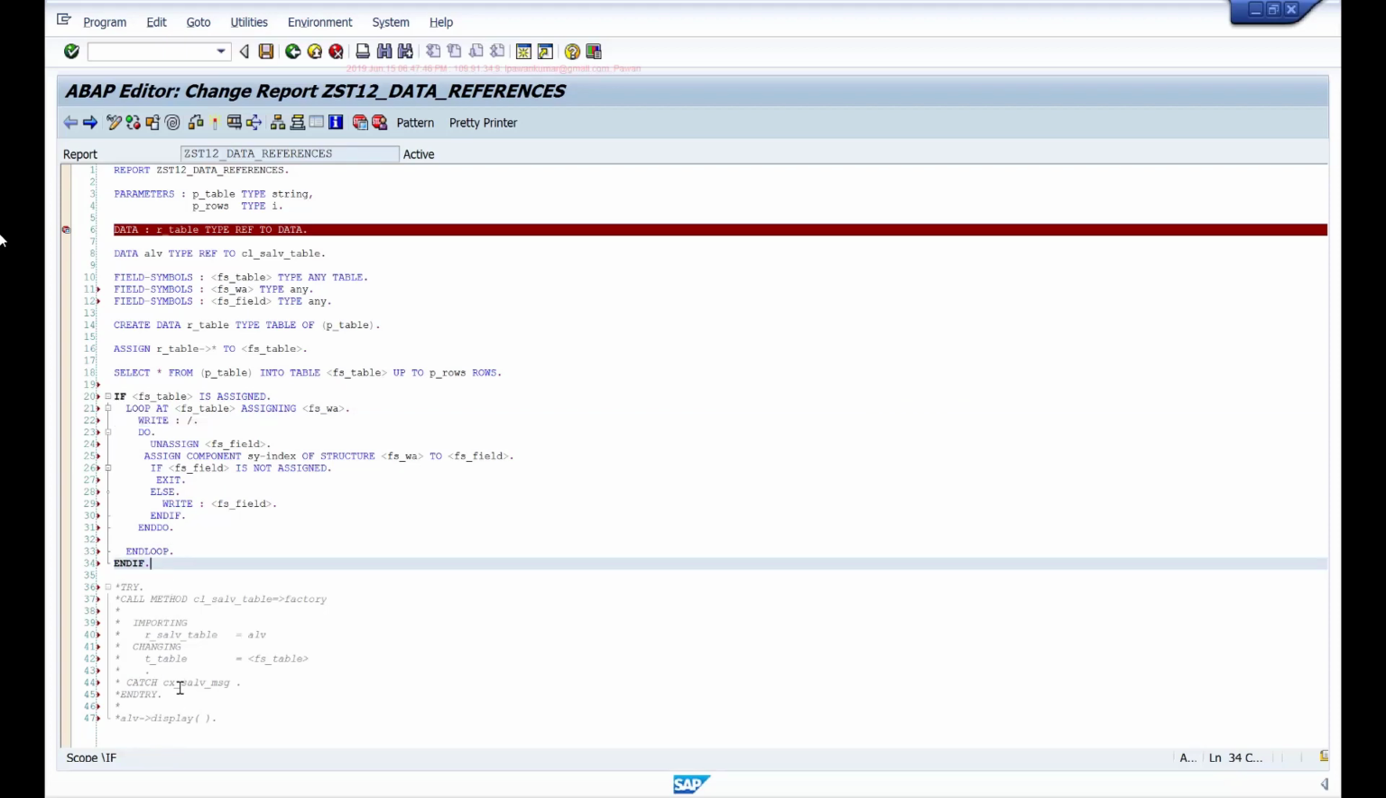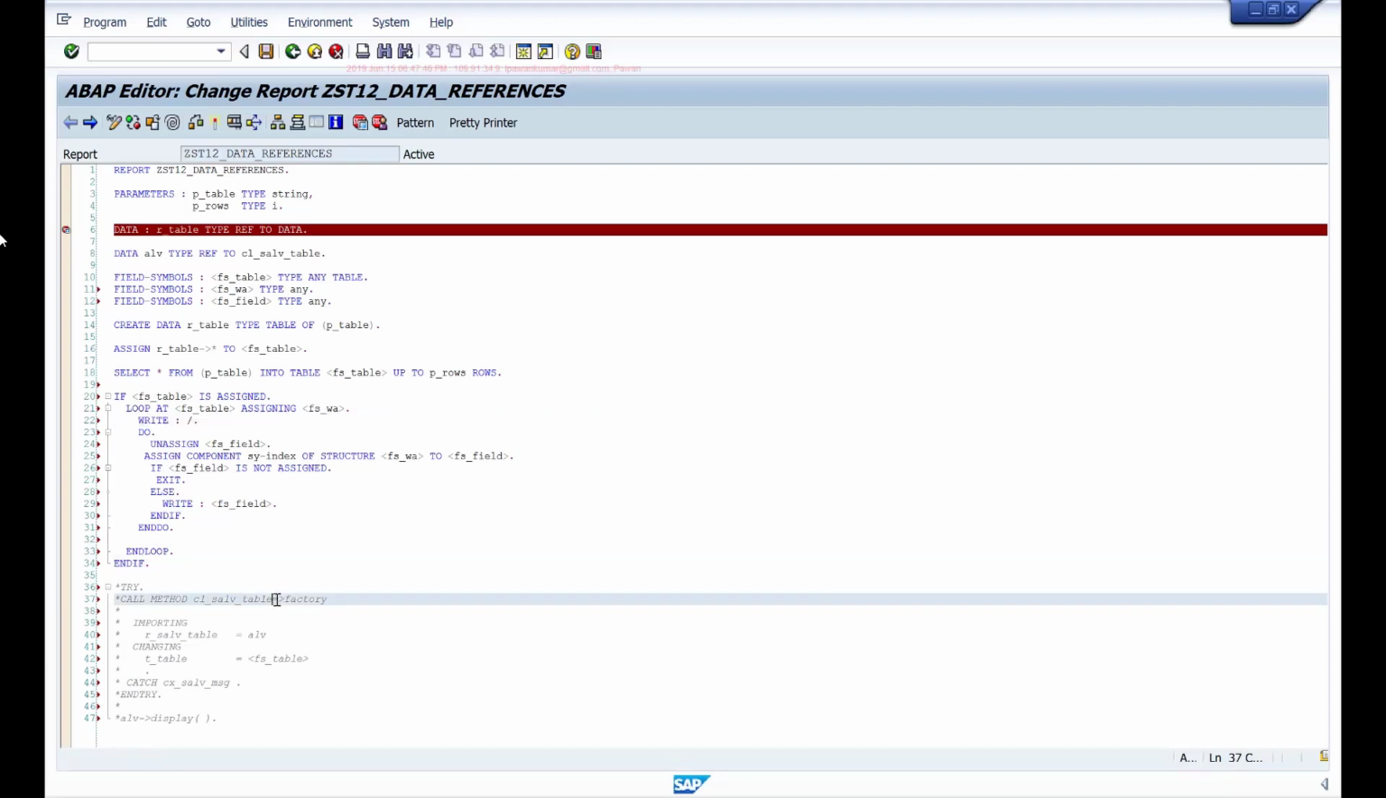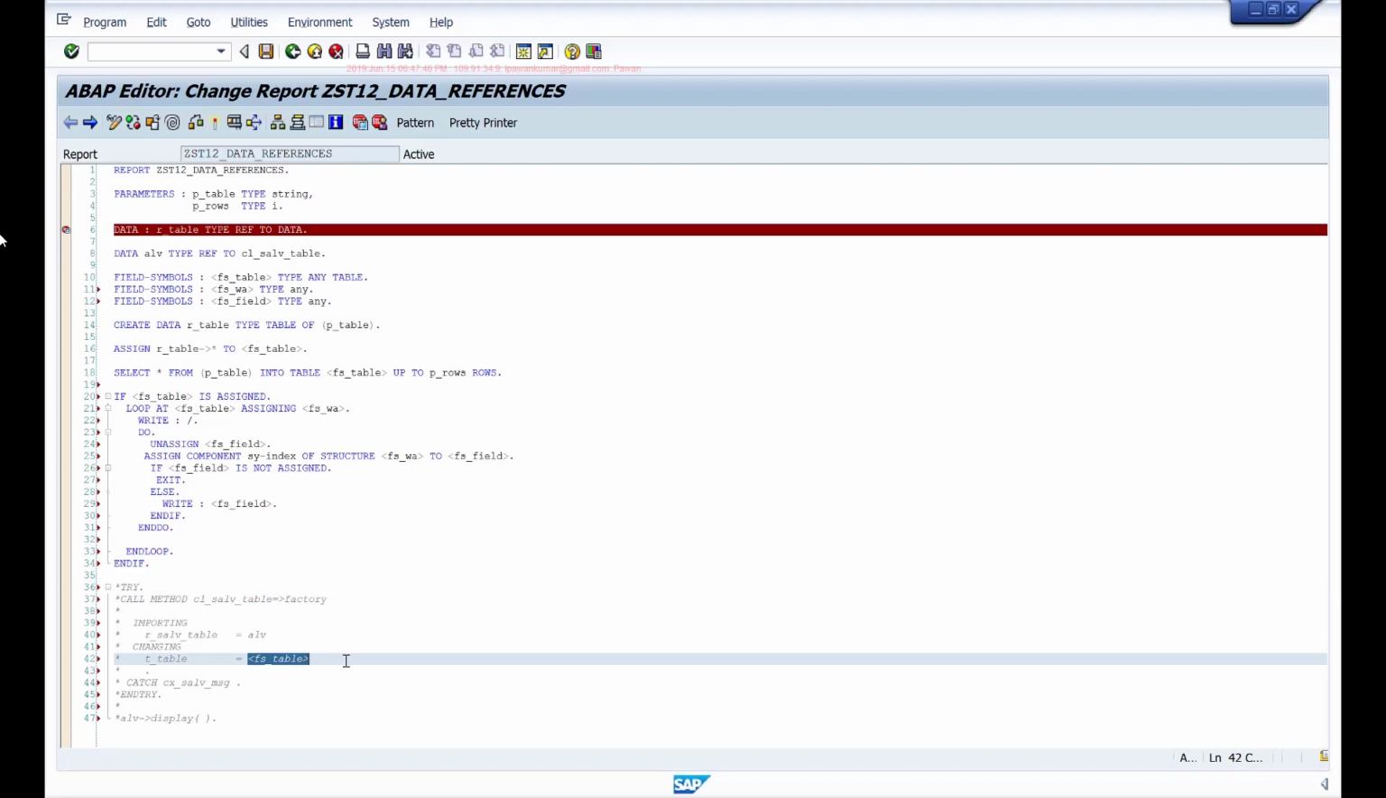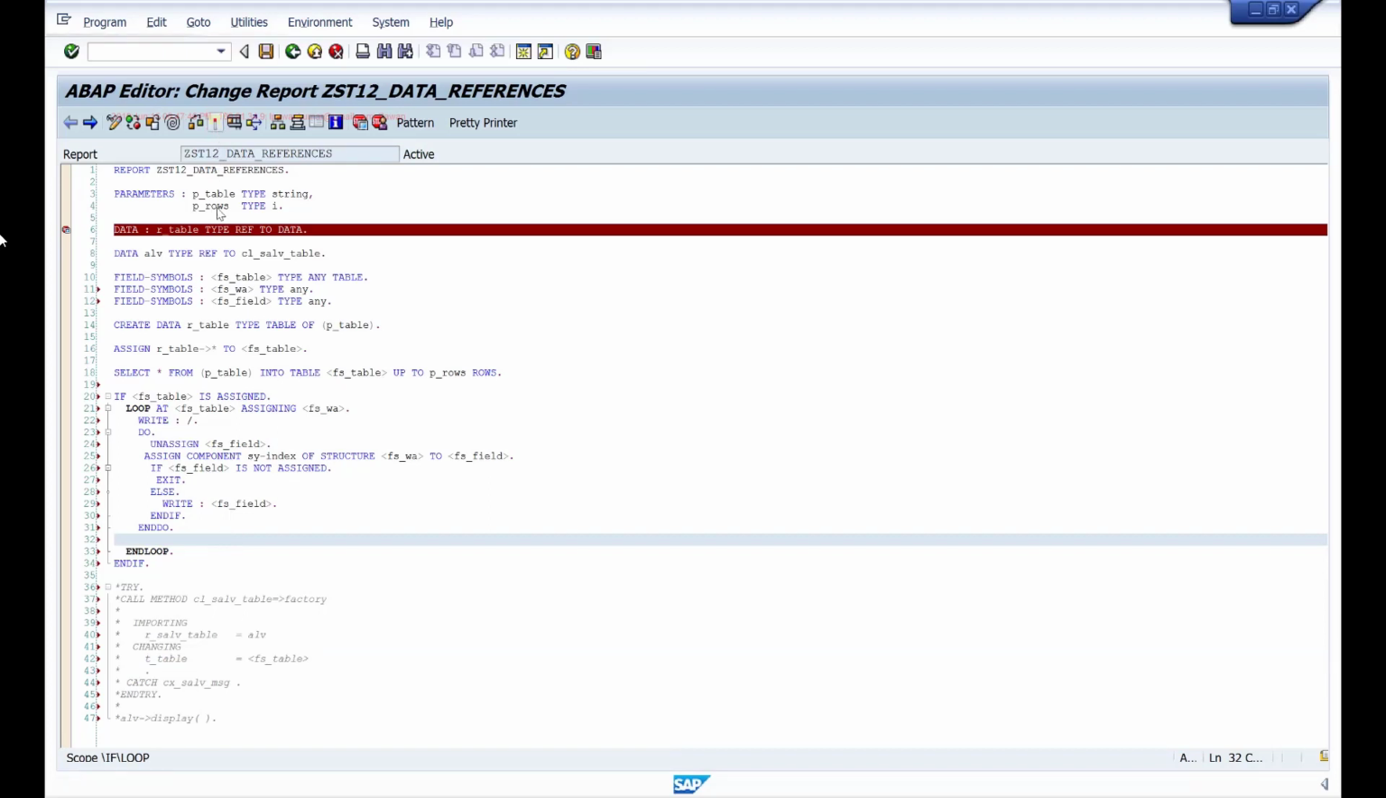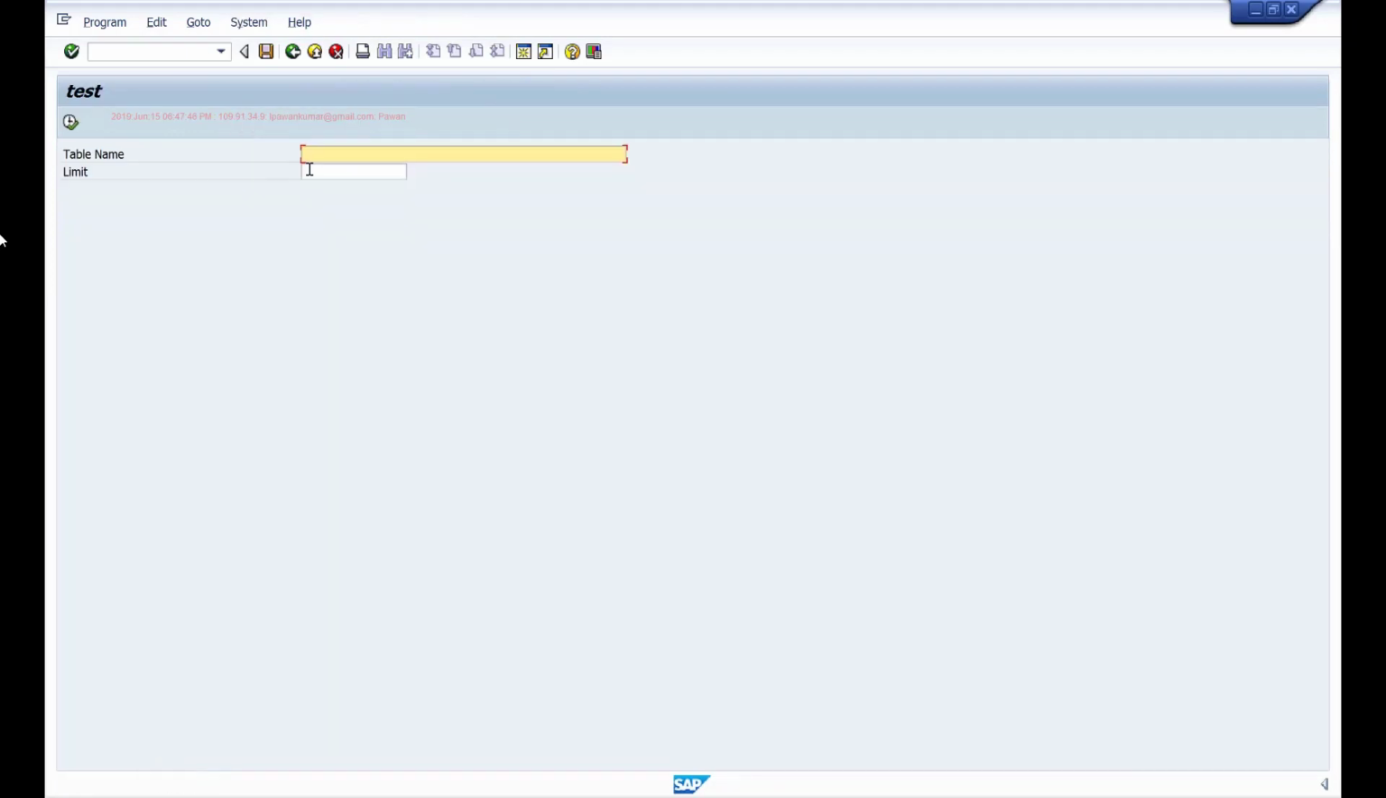So instead of using this ALV, if you actually see this ALV also, whatever table name you are passing, they will dynamically determine the components by writing the code this way. However, since I'm using write statements, obviously the output won't be pretty, but this will do the job. Now if I execute this and give, let's say MAKT, and let's say 20,